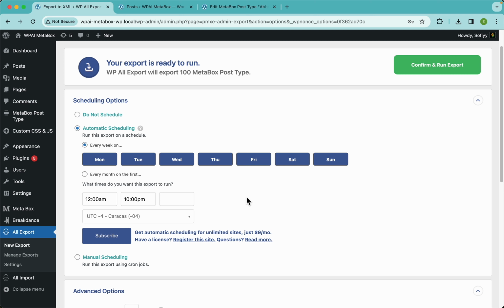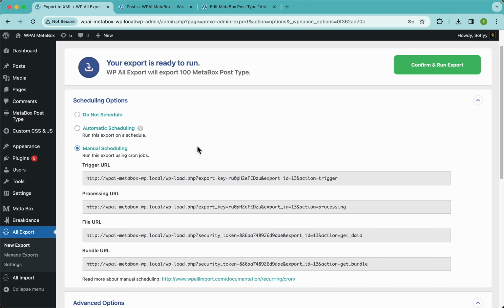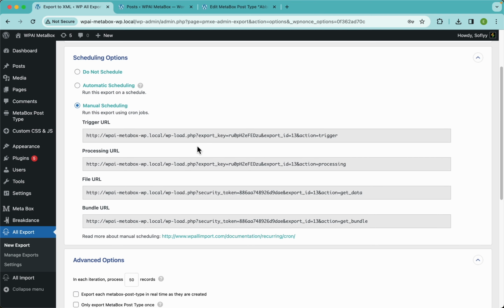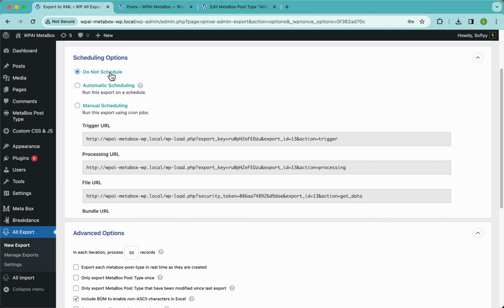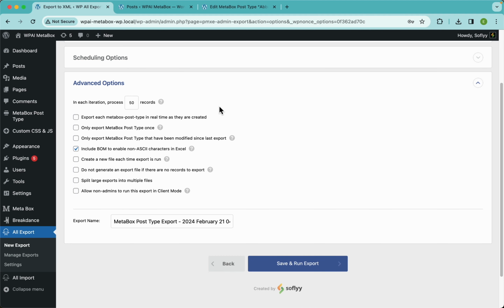Why not, right? Now, guys, this is a paid service, but if you don't want to subscribe to this service, you can always use cron jobs, which are free, but they are a little bit more technical. Now, we have great documentation on how to set up cron jobs, so if that's something that interests you, just check that out. For now, let's just choose to not schedule, close this up, and these settings are pretty much